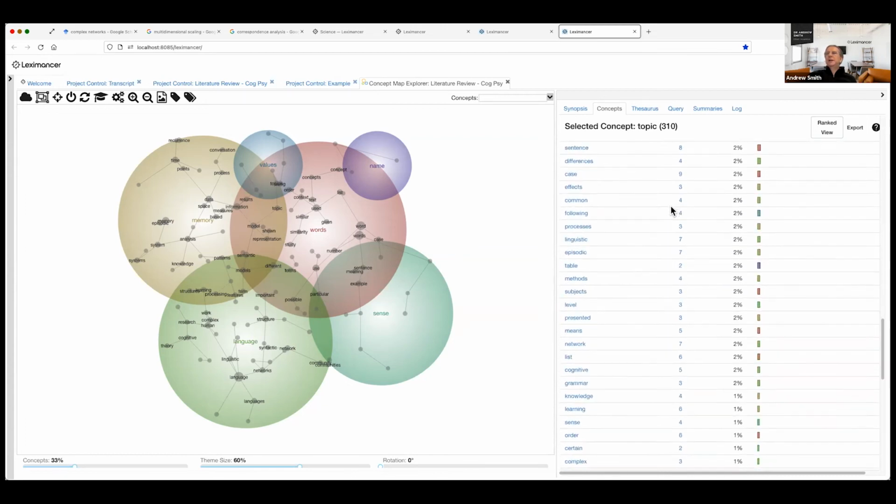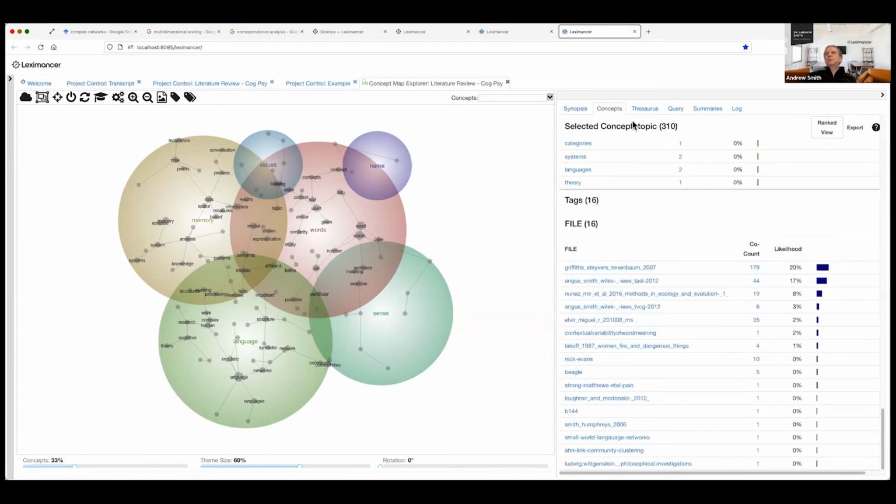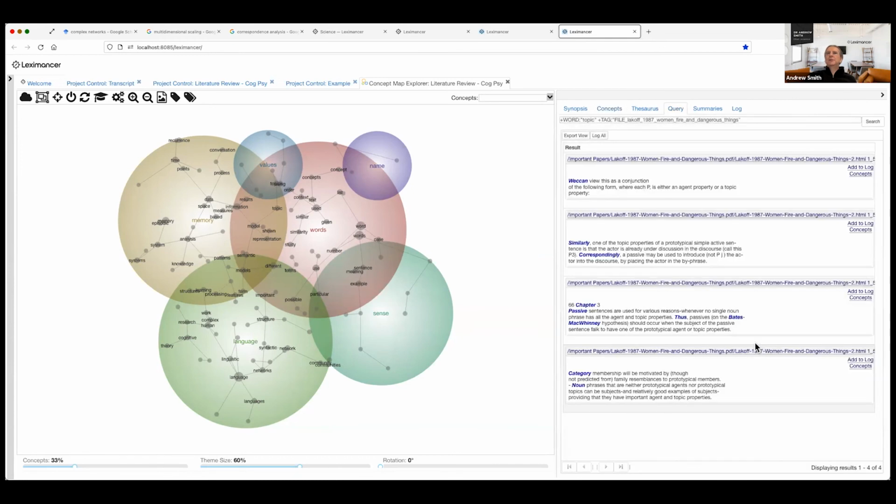But if I scroll down, I can also see the papers which talk most about topic as an idea. So here's one of mine, here's Griffith's, here's another one. So I can either get a breakdown of an article by concept, or I can go to a concept and see what are the important articles that talk about that and drill into that. Where does Lakoff talk about topics? Well, in these 4 text segments.